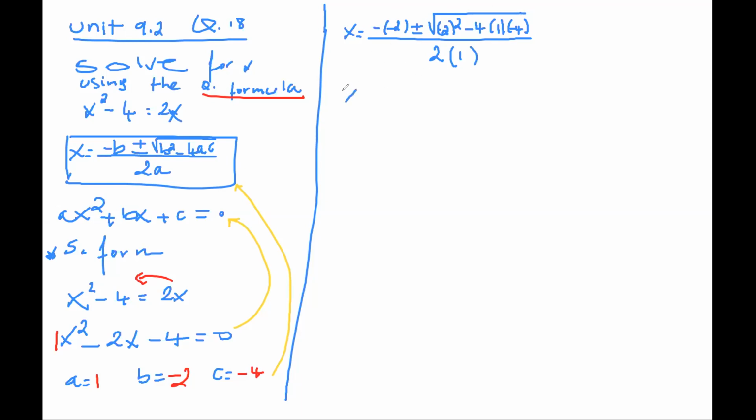So x will be, so that's positive 2 plus minus negative 2 squared. That's negative 2 times negative 2, which is 4. That's right, positive 4. Now be careful with this part. So it's not a distribution. It's 2 multiplications. You're going to multiply these two. Okay, so negative 4 times 1, which is negative 4, times negative 4, that will be